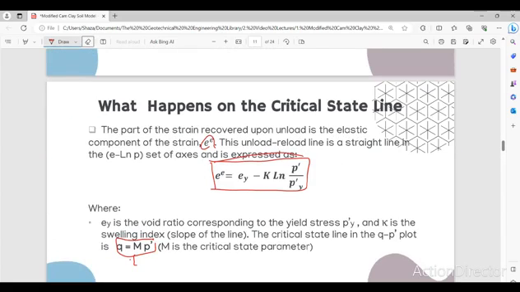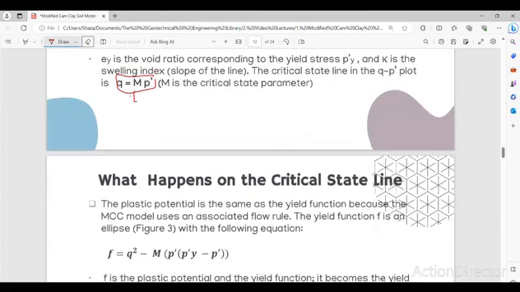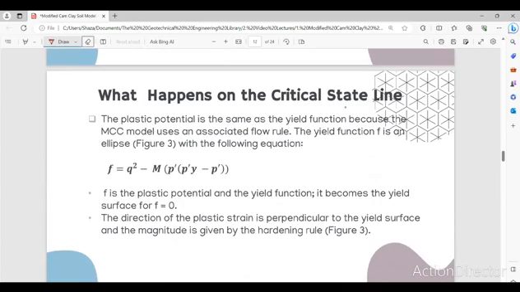So here we discussed the elastic part, which is recovered upon unloading. What about the plastic part? The plastic potential is the same as the yield function because the modified Cam-Clay model uses an associated flow rule. Regarding the flow rule, I will be discussing it in detail in an independent lecture, but for now,